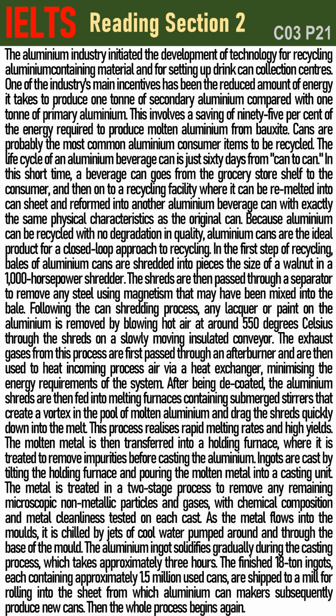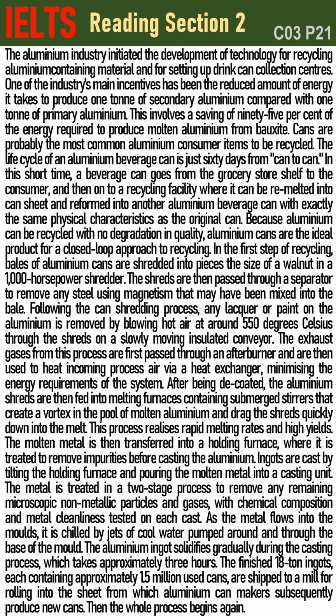The life cycle of an aluminium beverage can is just 60 days from can to can. In this short time, a beverage can goes from the grocery store shelf to the consumer, and then onto a recycling facility where it can be remelted into can sheet and reformed into another aluminium beverage can with exactly the same physical characteristics as the original can. Because aluminium can be recycled with no degradation in quality, aluminium cans are the ideal product for a closed-loop approach